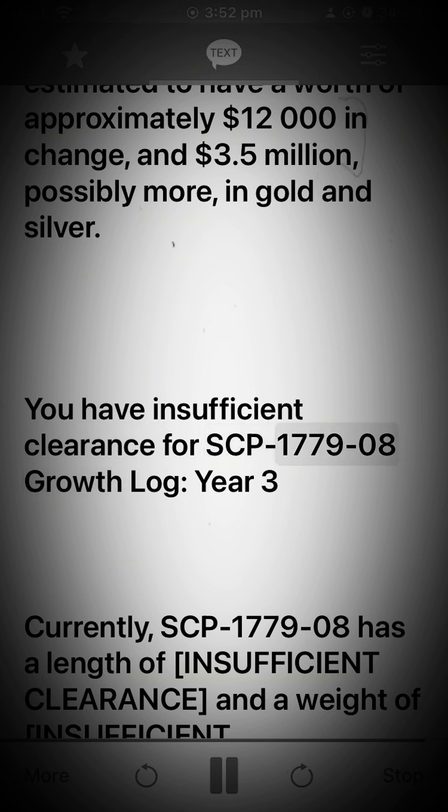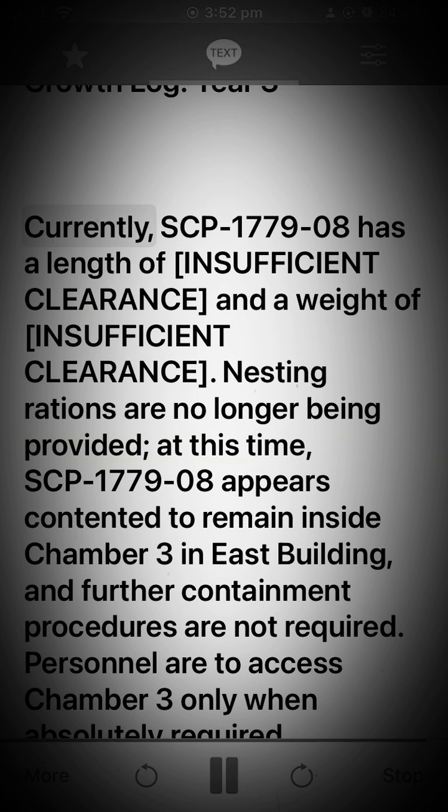SCP-1779 to 1708 Growth Log, Year 3. Currently, SCP-1779 to 1708 has a length of insufficient clearance, and a weight of insufficient clearance. Nesting rations are no longer being provided. At this time,